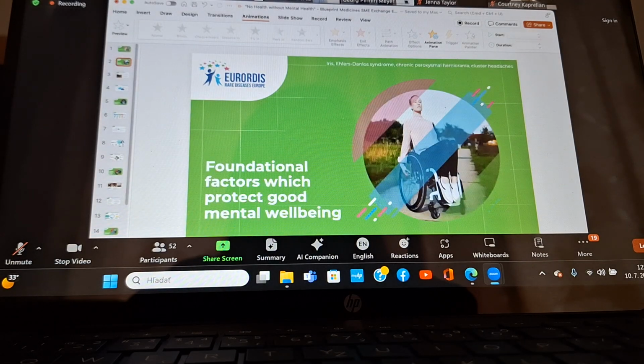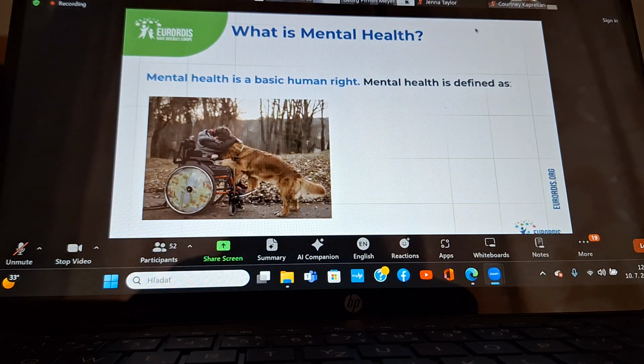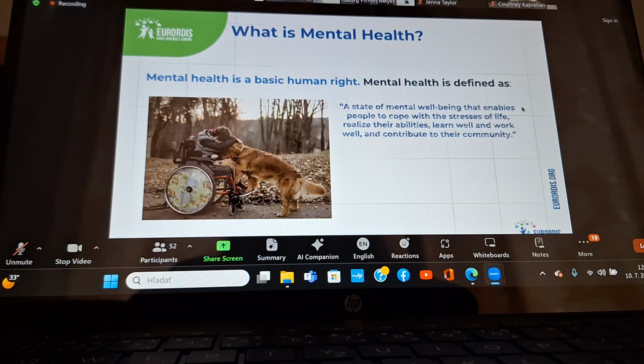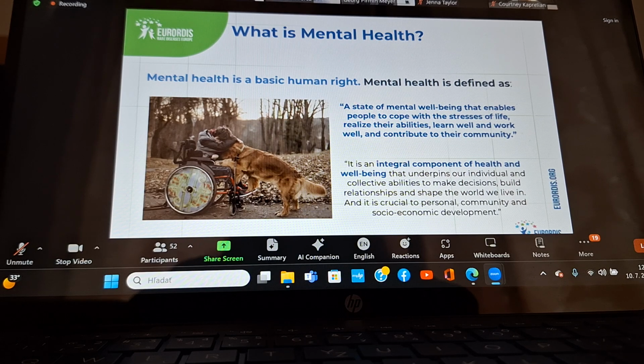So to start us off, I just wanted to cover what mental health is, and I love this definition. So I'm going to read it out, and hopefully that's helpful for the translators as well. I love this definition because it's set out by the World Health Organization. Mental health is defined as a state of well-being that enables people to cope with life's stresses, realizing their abilities, to learn well, to work well, and to contribute to